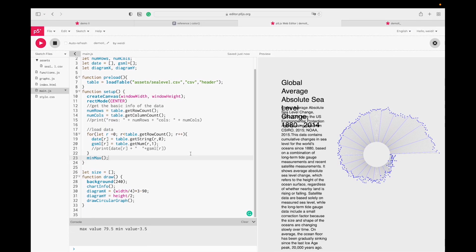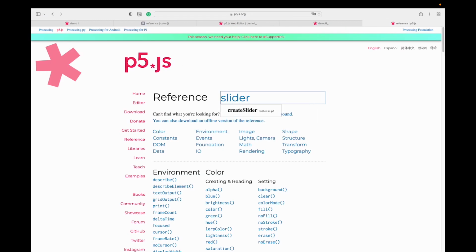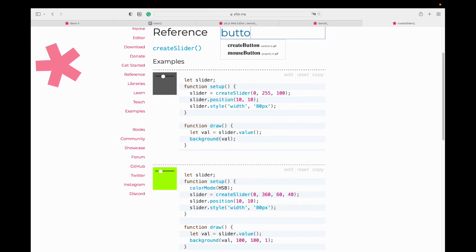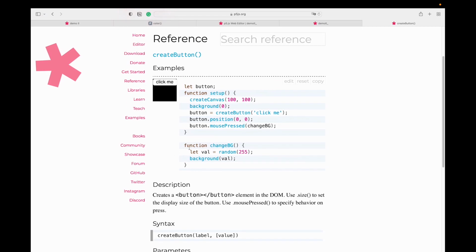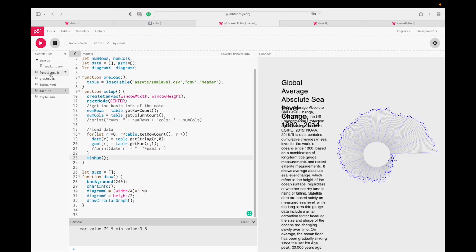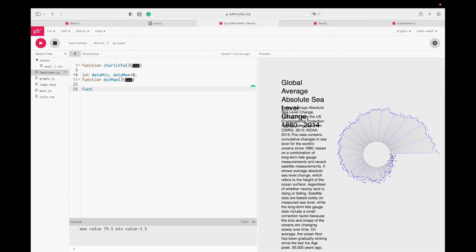Okay, so next step is I want to create a customized button and customized slider. We already know in p5.js they already have built-in functions to create a slider and to create a button. Let's go to the slider page. And there's also button. If you click on the button, yeah, you can redesign this button using CSS code. But today I will introduce how you can create a button by yourself. And let's go to the functions. Let's create a function called